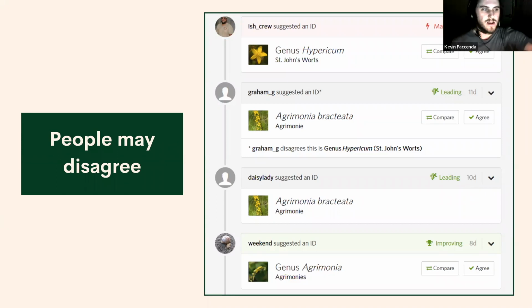So iNaturalist isn't just about plant ID. It's about helping people interact with nature. And part of that is knowing what nature you're interacting with by giving it a name. So it helps the observer know what they've seen, but also by identifying, you learn a lot about different plants that you've never seen before, or different growth forms that you've never seen before. Maybe this plant can have different flower colors that you've never seen. So the whole point of iNaturalist is about learning about nature and interacting with nature, kind of through the lens of identification.